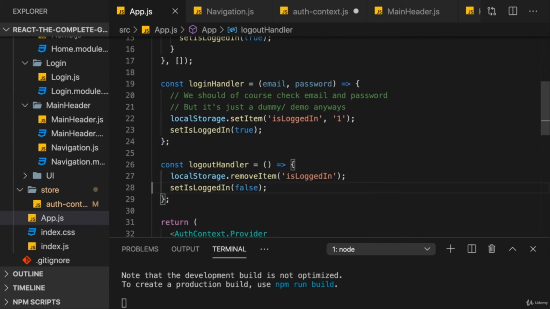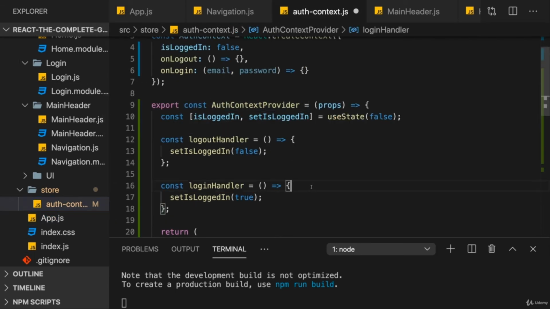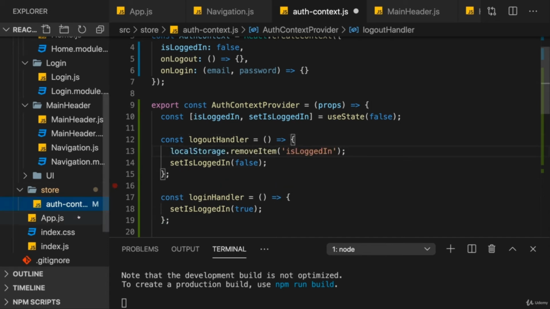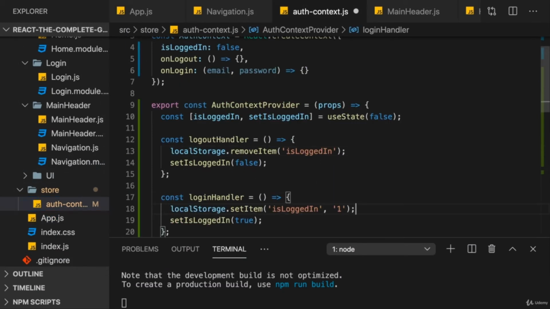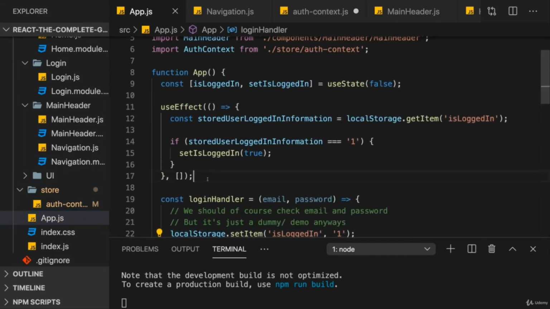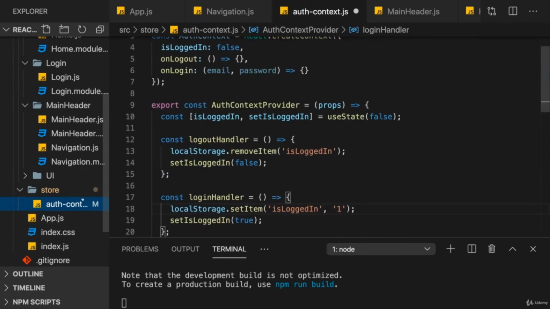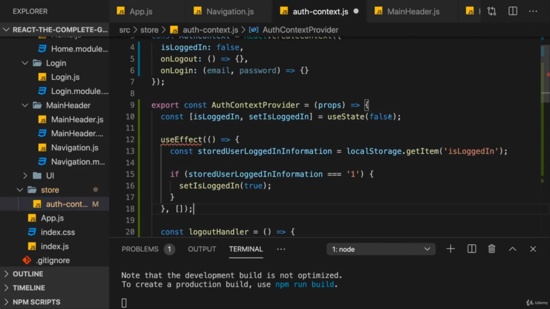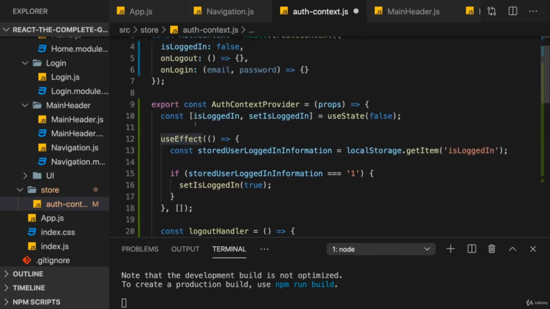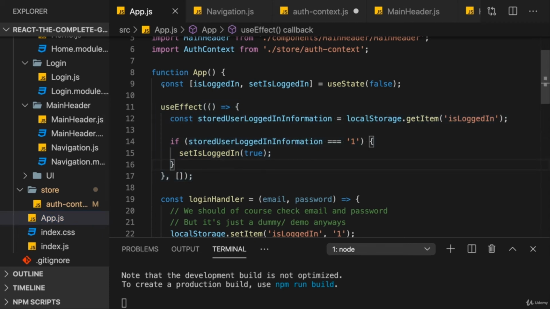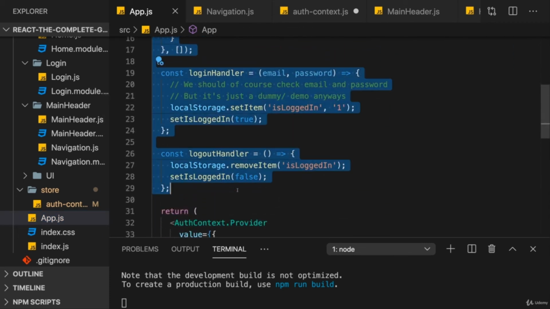We of course also need to move over our local storage access here. So clear data in the logout handler, set our data in the login handler, and of course also add our useEffect code here. That all now needs to go into our auth context provider, and therefore we also need to import useEffect here. But with that all, we can now clear all that logic from the app component,